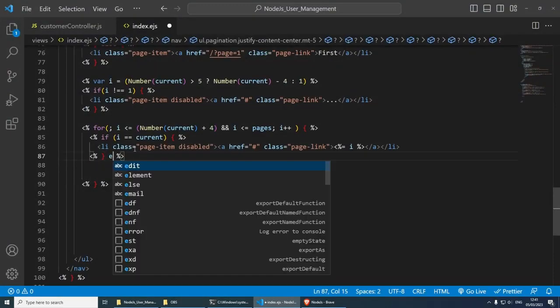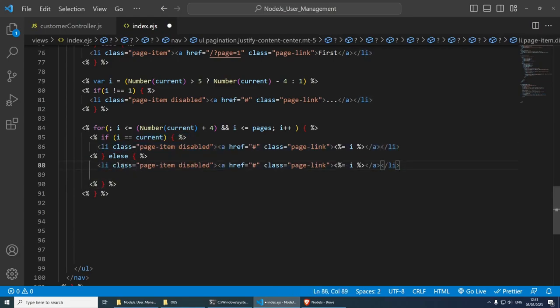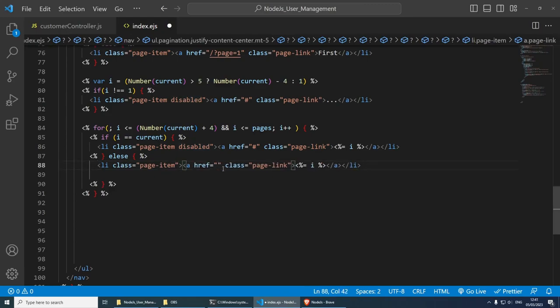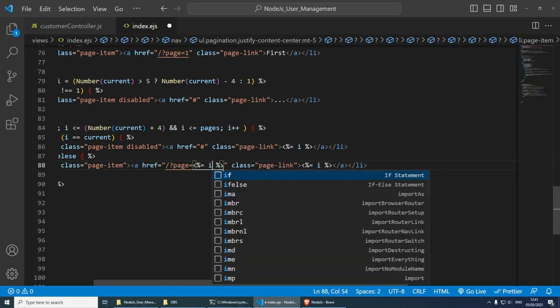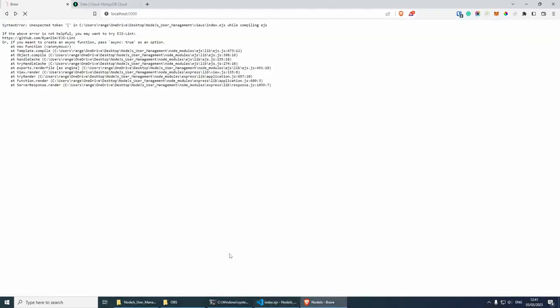So we're going to have an else. And then inside here, I'm going to do EJS, close the else statement, and get another link. So this one here, and this one is going to be list class page item. We're going to remove this, and we're going to change the link to be /page, and then we put the number here. So we want every single link to change. So what I'm going to do is open EJS like so, close it, and inside here we put the number, and then again we render the number in here so it's visible to the user. So now if I save this, and if I go back to the page and refresh,